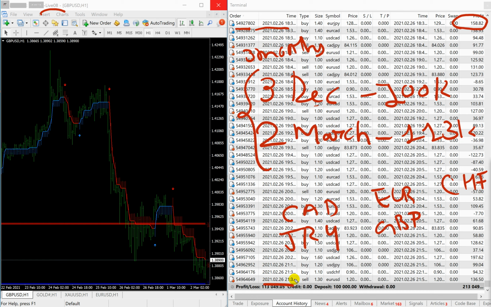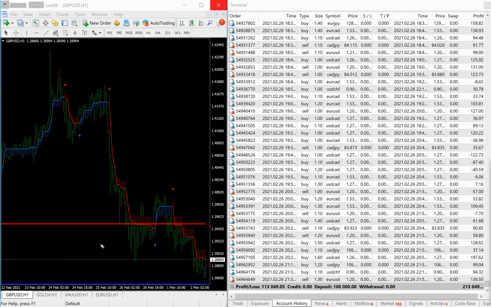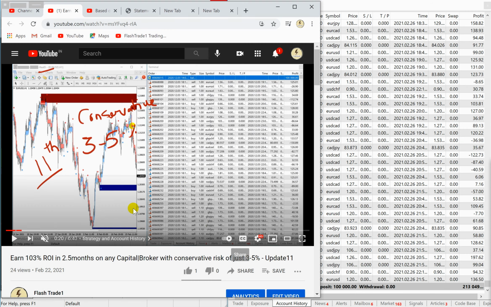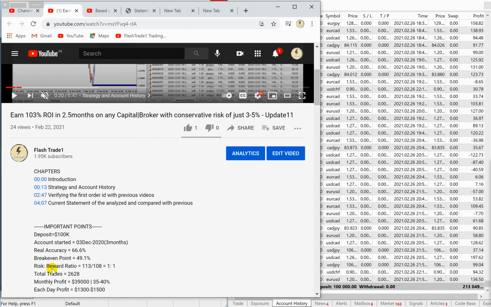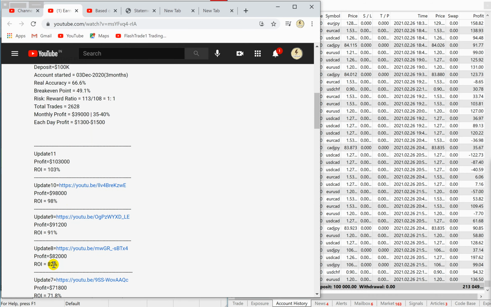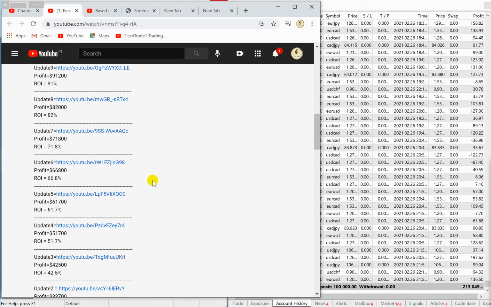We place the trade as per our support, demand and trend indicator, which shows the indication of either buy or sell, and we'll check the previous update of this account which was made on 22nd of February 2021. So 10 days are completed on this account, and in 10 days the profit has increased by 10,000. Previous time there was a profit of 103, as of now it is 113.